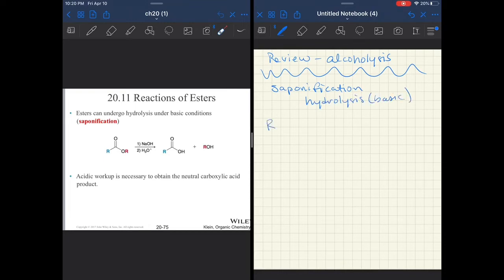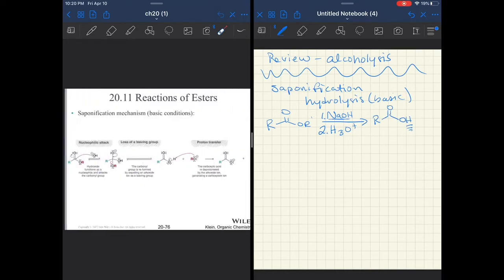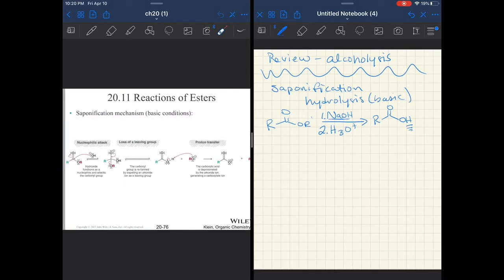This is taking any ester here, and in the first step, you're treating it with sodium hydroxide. That's what's actually going to replace the OR with an OH. But if you are in basic conditions, it will be deprotonated. So this one will have to be worked up with acid. And that is just to make sure that this proton is in place. This is a very simple mechanism here. If we break this down,